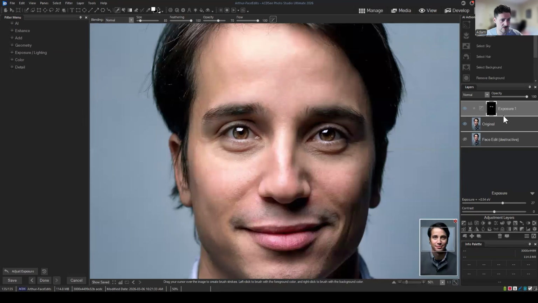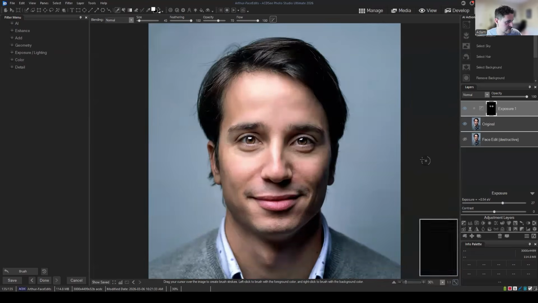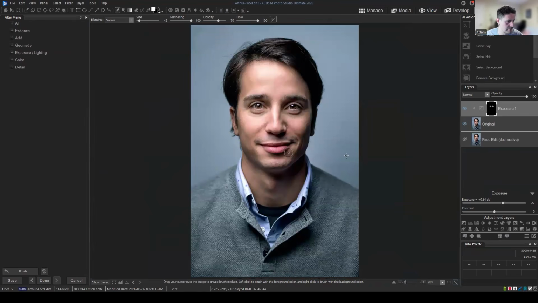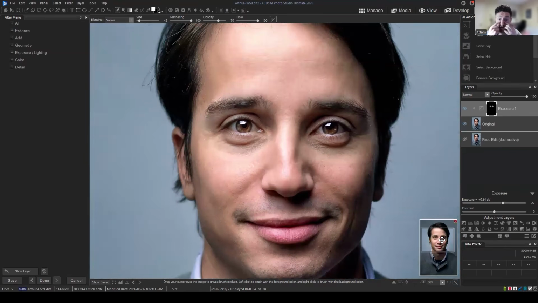I've added an exposure underneath the eyes here. Maybe what I'll do as well is I'll just brighten up over top of the eye here as well. So I'm just going to paint this on right here just to pull these eyes a little bit out of darkness. And then you can see if I zoom out, maybe if I do a side by side, this is what the image looks like without, and this is what it looks like after with that effect applied. It kind of pulls these eyes out of that sort of dark circles underneath